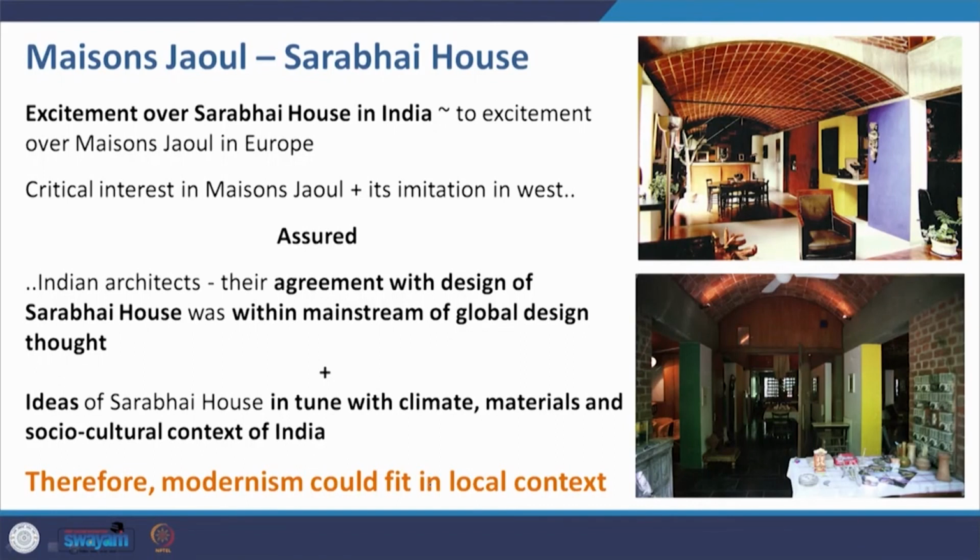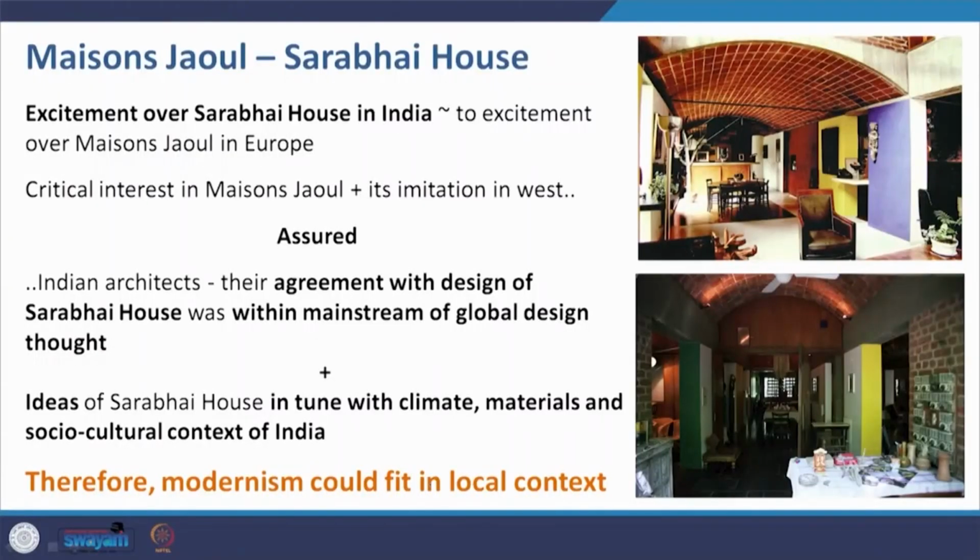Why talk about the Villa Sarabhai or the Sarabhai house, and why talk about the Maison Jaoul? Because this was a very important project in the eyes of the Indians in the 1950s. Now hear me out. There was excitement with regard to the Villa Sarabhai in India, similar to the excitement that Maison Jaoul created in Europe. Please understand that Corbusier was the forerunner, the pioneer of the international style in Europe. So if Corbusier changed tack and went back again,